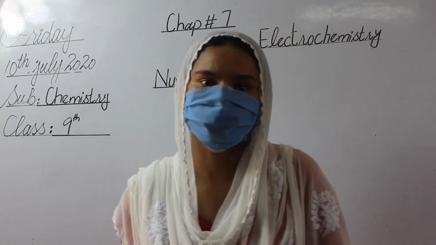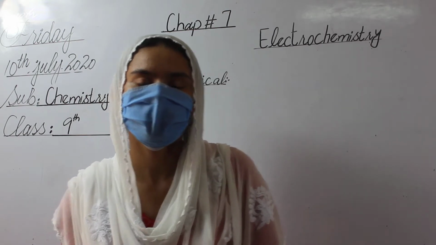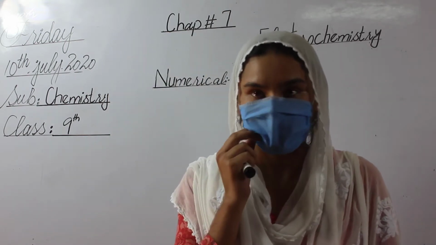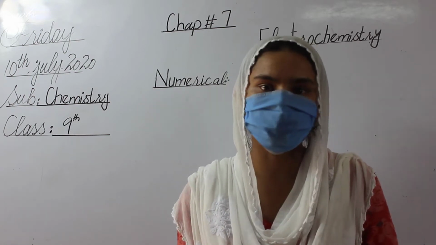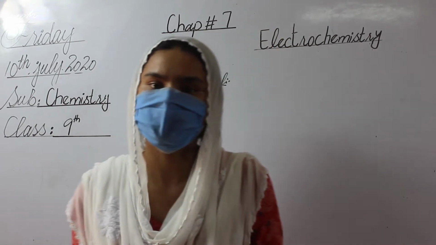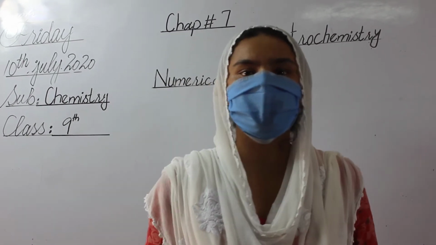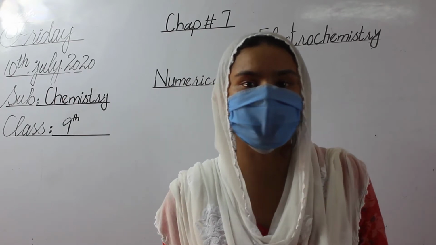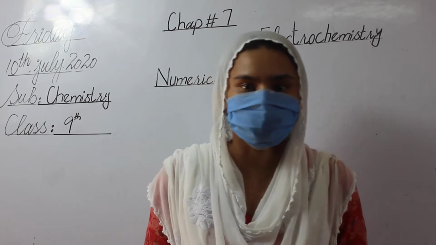Today I am here to teach you a new topic of class 9th, that is the numericals of the oxidation rules. In the previous lecture we discussed the oxidation state and the rules of the oxidation number or oxidation state. Today we are going to discuss the numericals of the oxidation rules: how we can find the oxidation number of different elements from compounds. This is the purpose of our lecture.